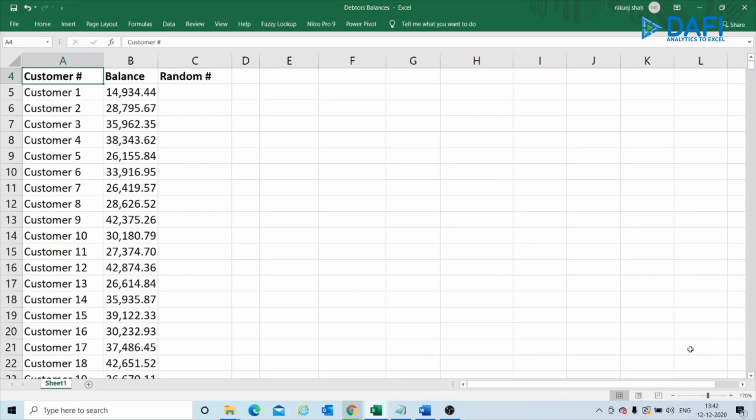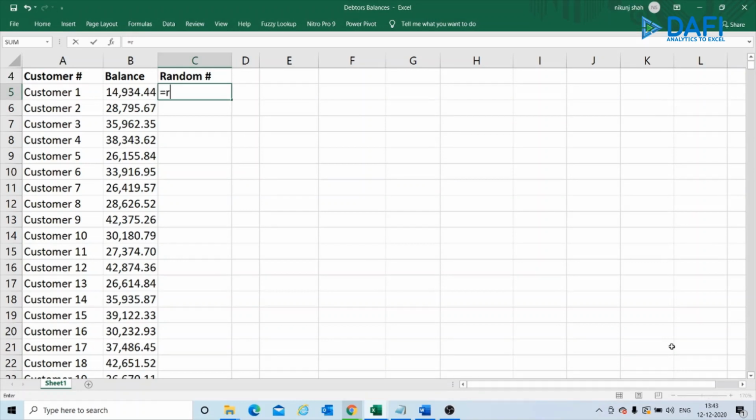Let us consider this. From over 2000 customer balances, you are required to select 20 samples for substantive testing. You can implement statistical sampling to select random samples that are both representative and unbiased.